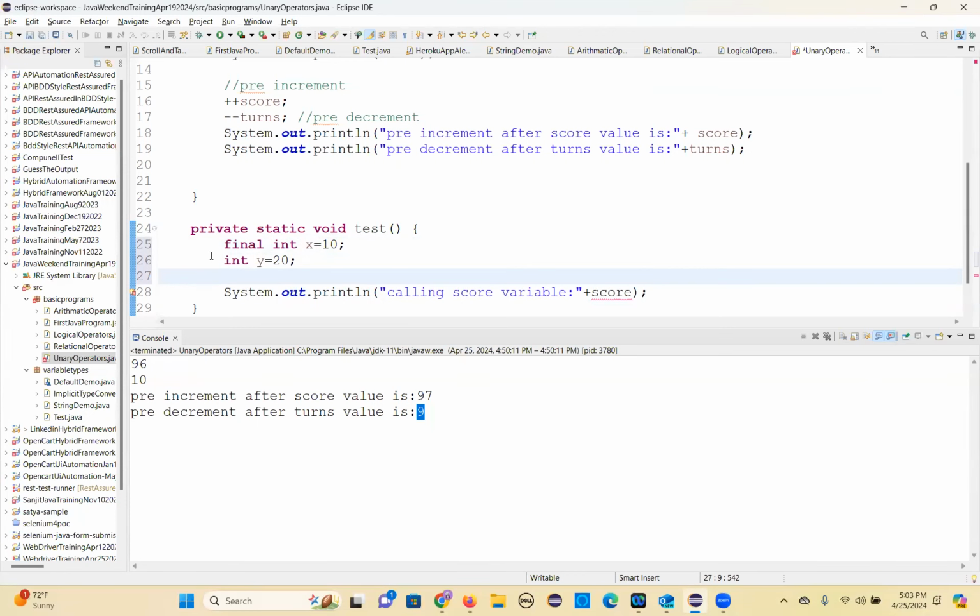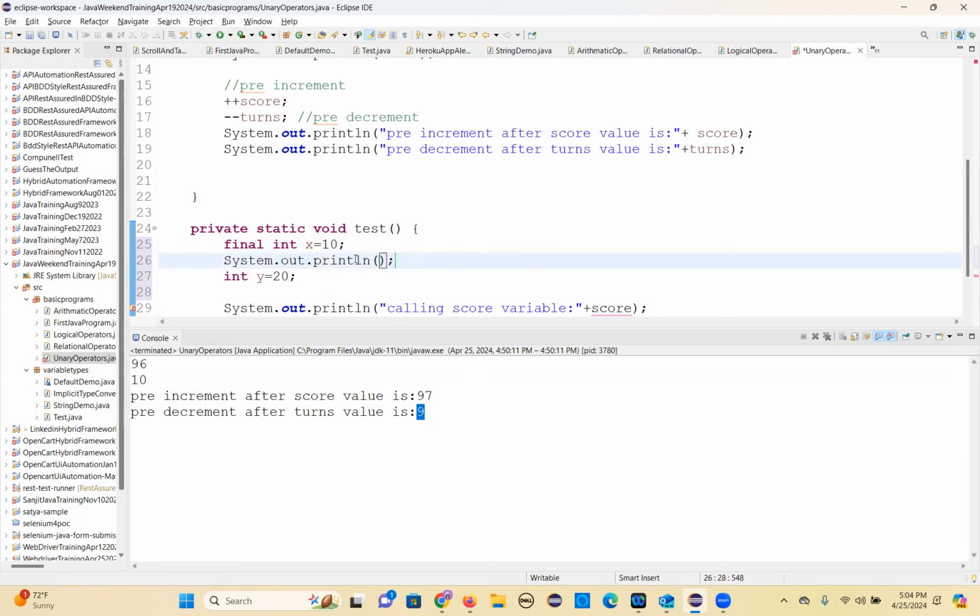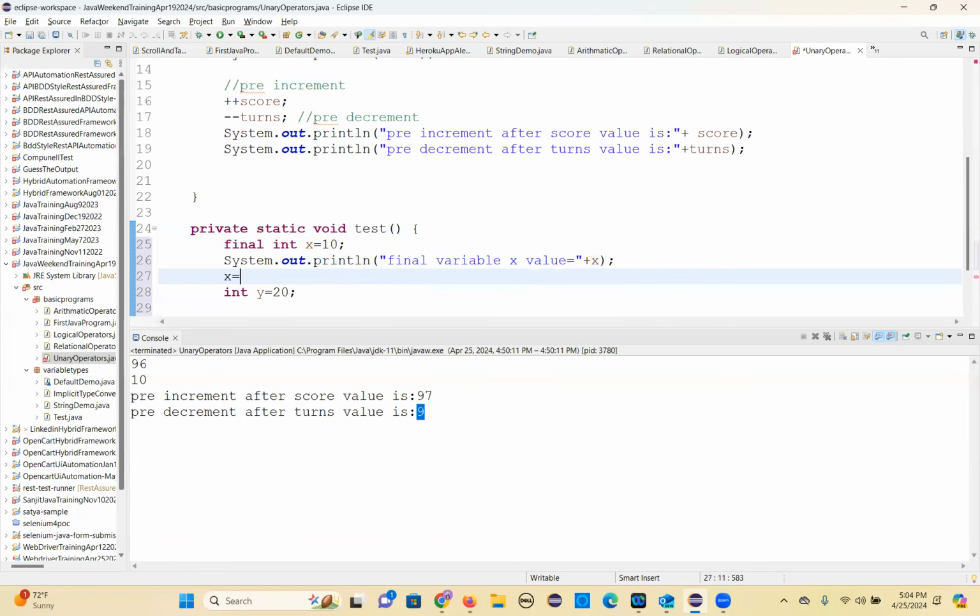Now, what is the difference between final and this? Final is constant, local value can be changed later. So final variable value cannot be modified. If you try to... okay, so I'll print the final variable x value. So this I can use it, but if I try to modify here,